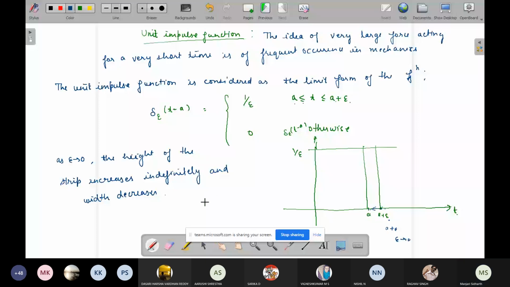Okay, so if you take epsilon tending to 0 in this function, you will get the Dirac delta function. That's it. Thus the unit impulse function or Dirac delta function is defined as